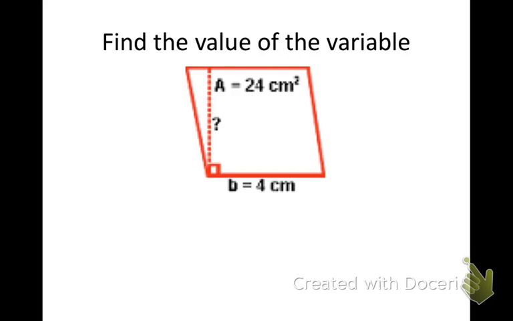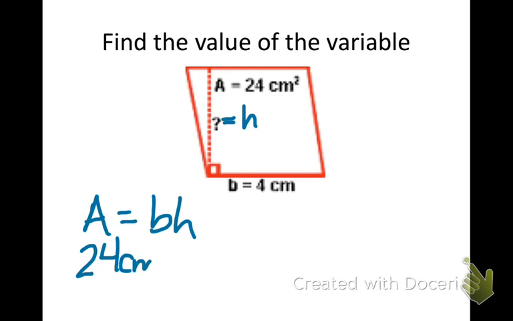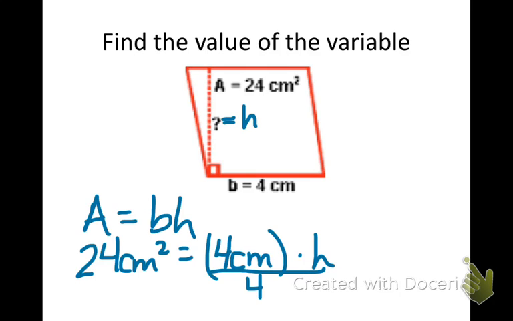So if I give you one of the dimensions, like the base, and I give you the area but not the height, so this question mark right here stands for the height because it is the perpendicular distance. So we use the formula, area equals base times height, and we substitute in what we know. So 24 square centimeters is equal to 4 centimeters times the height. So if I divide both sides by 4 centimeters,